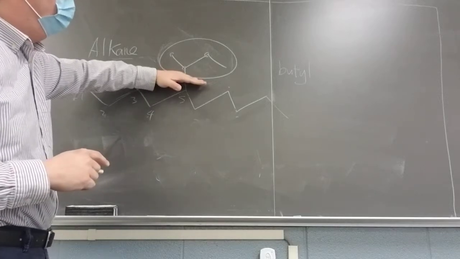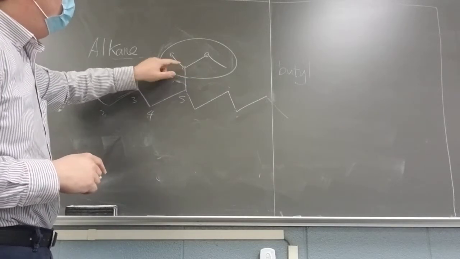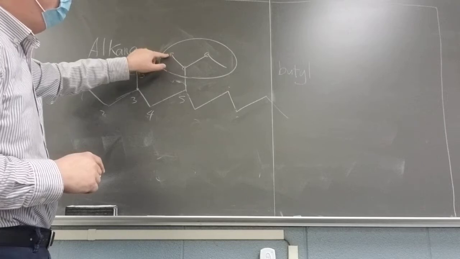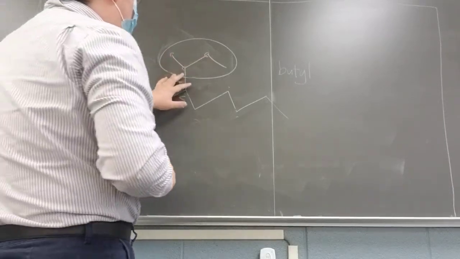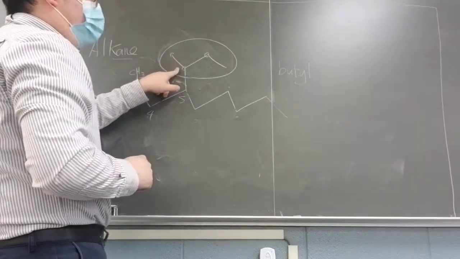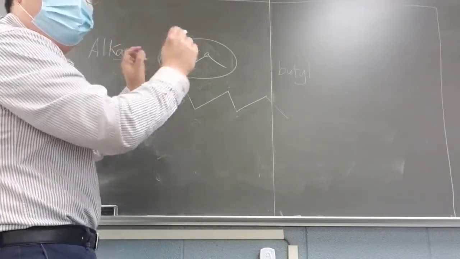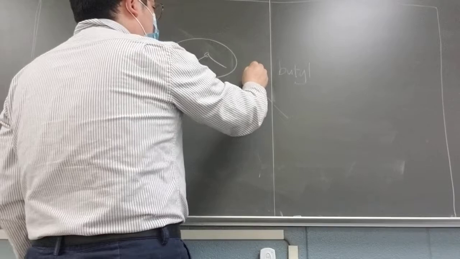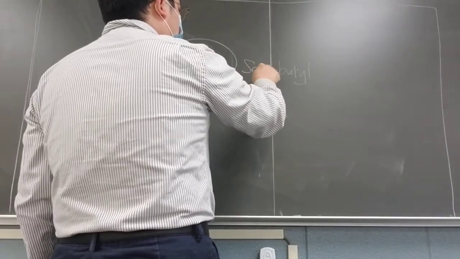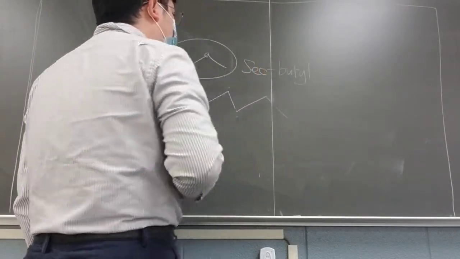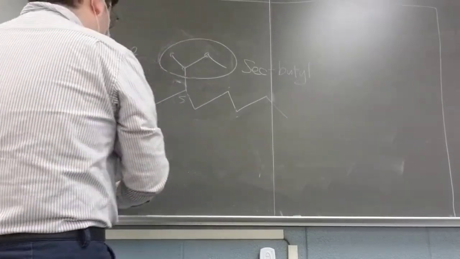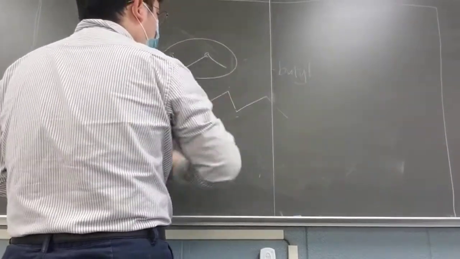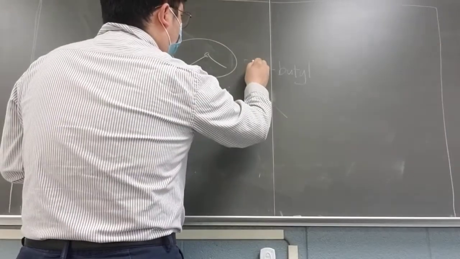So we separate from here. Don't worry about the base at the moment. We have this carbon that is neighboring with the 2 other carbons over here, and we call this secondary because it's neighboring with the 2 carbons over there. So this is the secondary butyl. So in this case, we're going to put